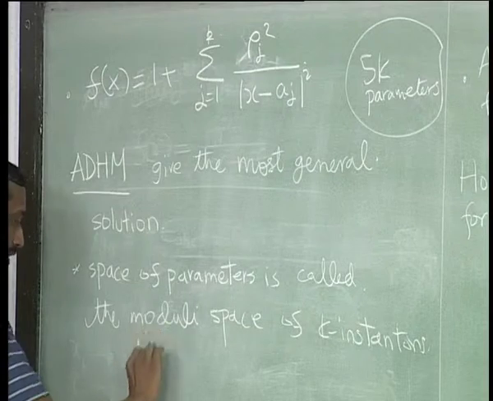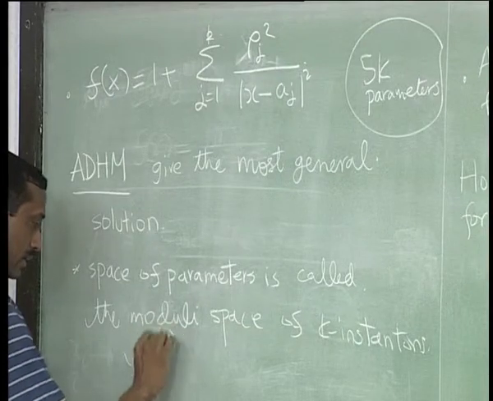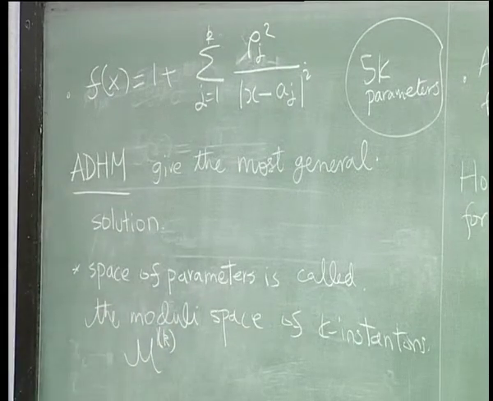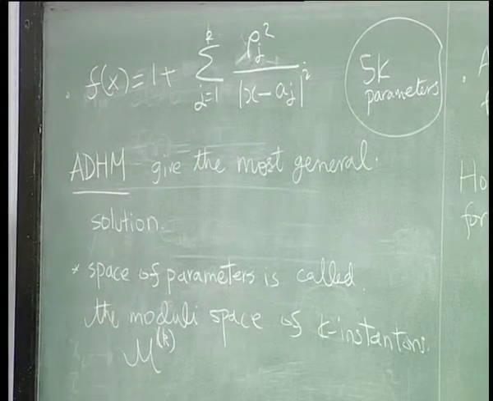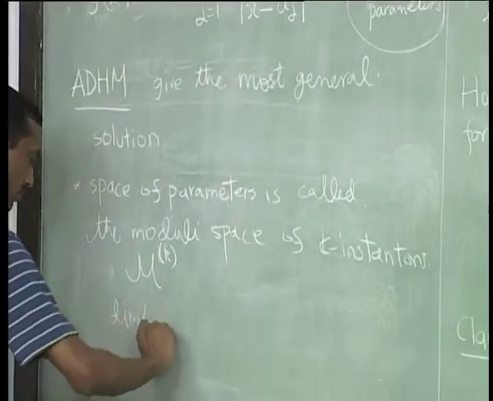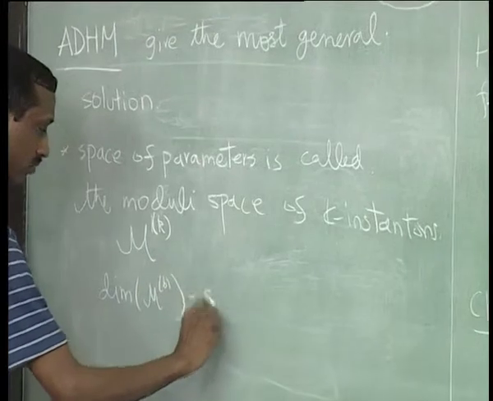Okay, so we can just write it as M_k, and remember now I have gotten rid of that minus 3. So the dimension of the space M_k equals 8k,